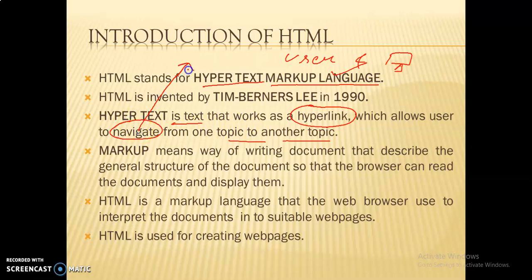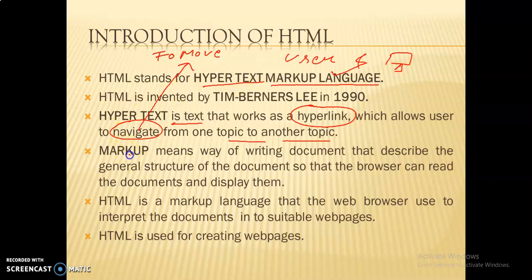Navigate means to move. Move means to shift from one page to another page. It means basically a text. When we click on this particular text, we will move on to the next topic, next web page, or sub web page, or any other location basically. That is the meaning of hyperlink.